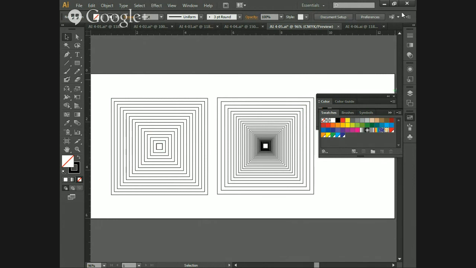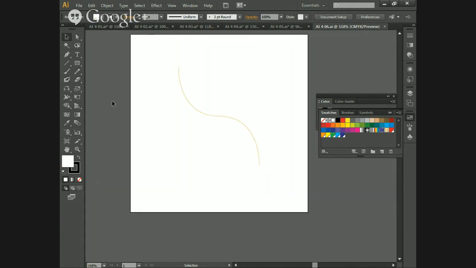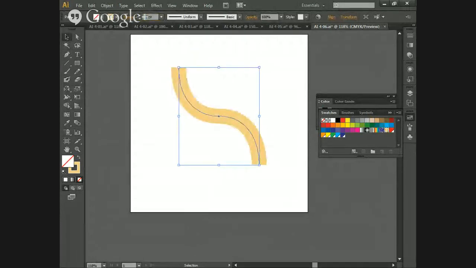Now we're going to move on to 4-6. We have a typical path, a line. We are going to increase the stroke weight to 36. And what we want to do in this project is convert this stroke to a closed path using the Outline Stroke command. So you're going to turn this basically into an object,